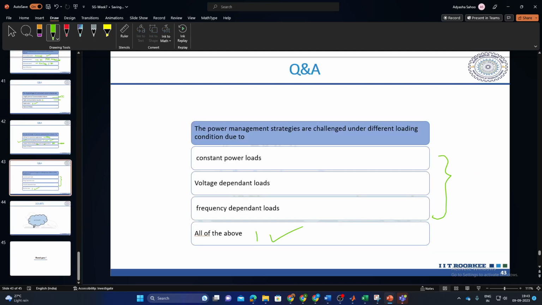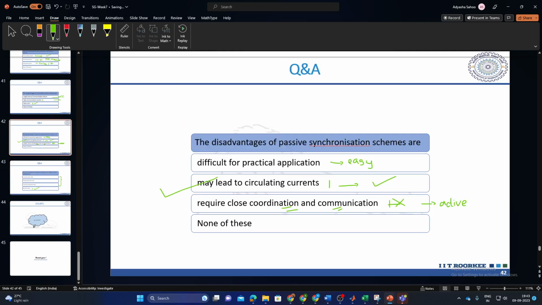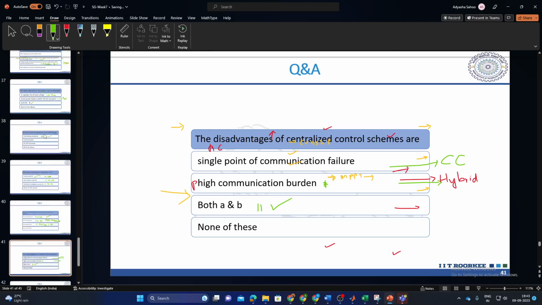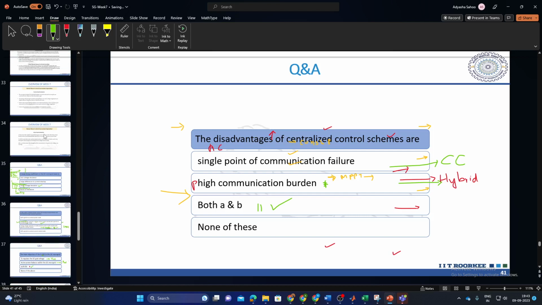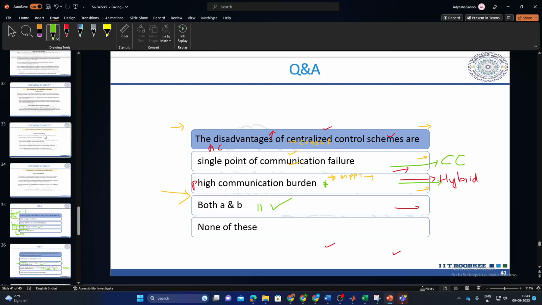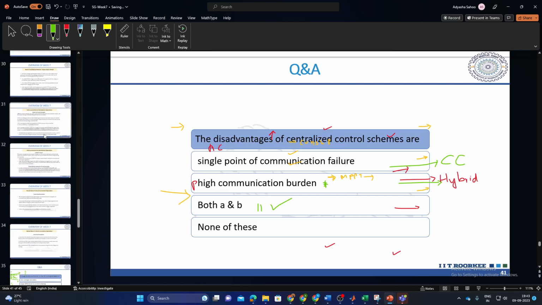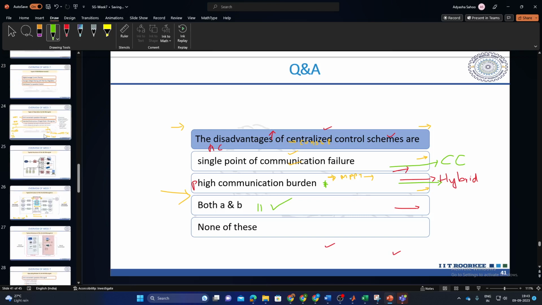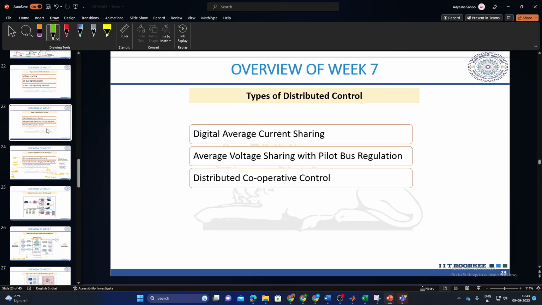This was the very last topic basically. It is all of the above. Basically, all these types of loads pose a challenge to the power management strategies. Basically, this is the end. If anyone has any doubts or any confusion in any of the concepts that we discussed,